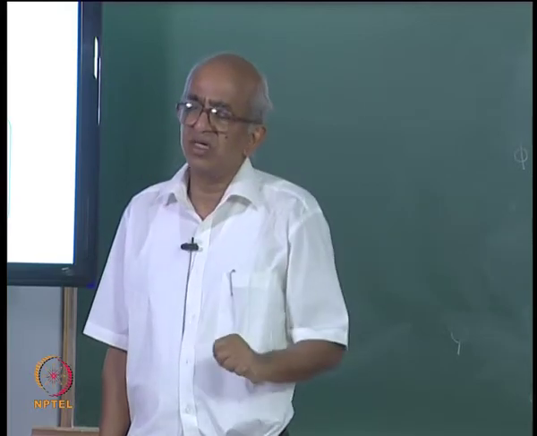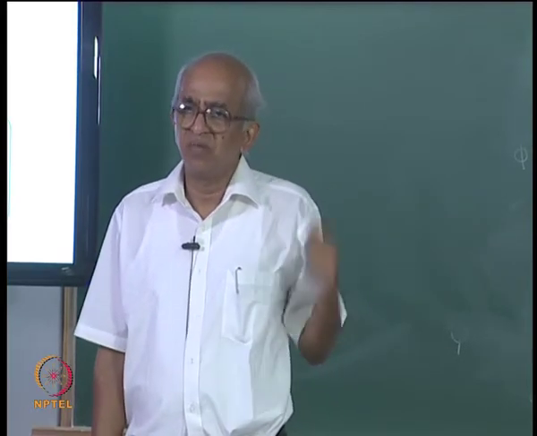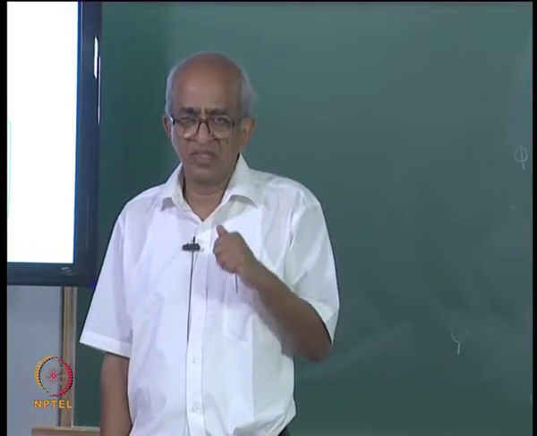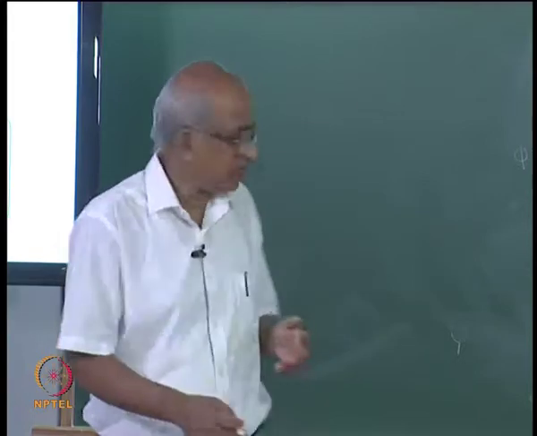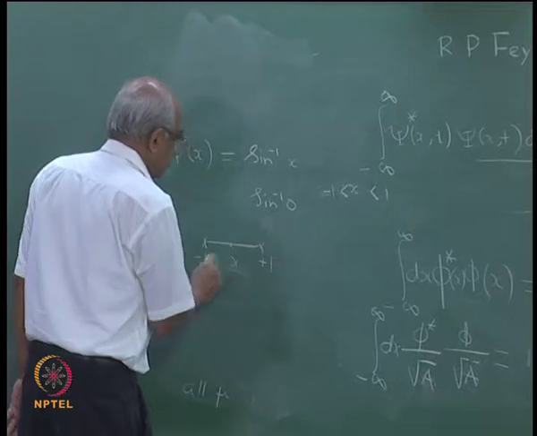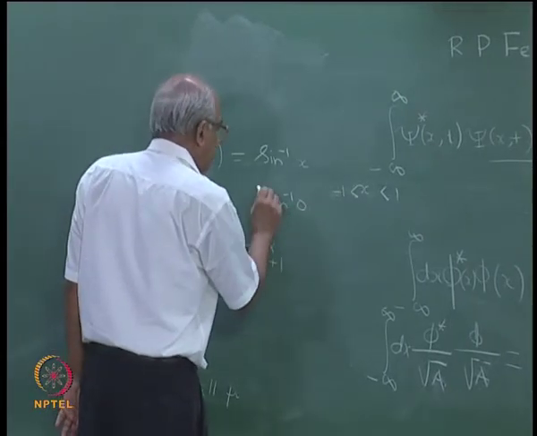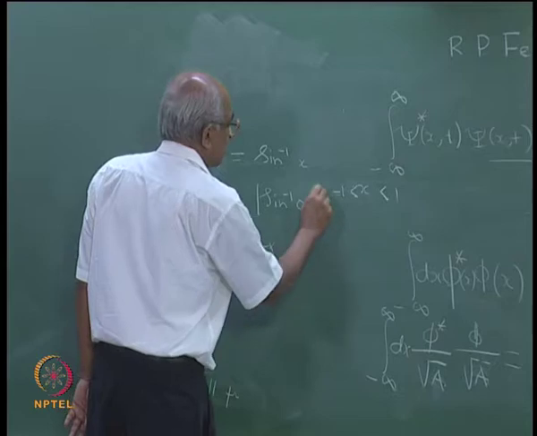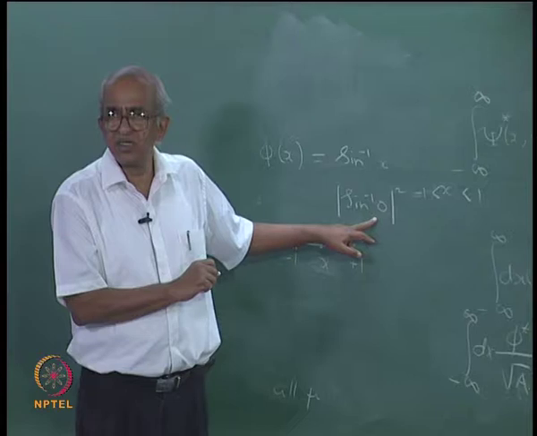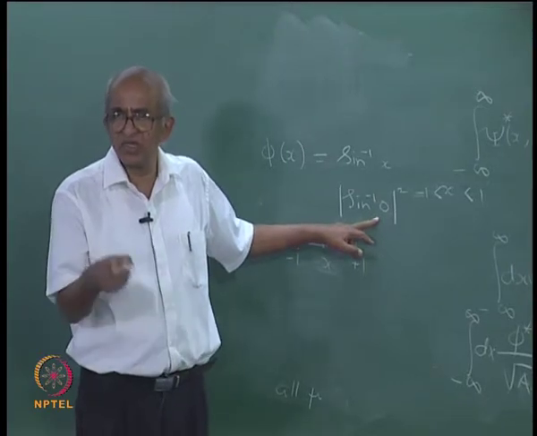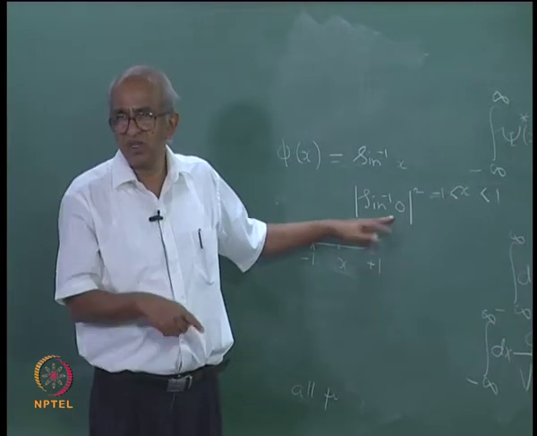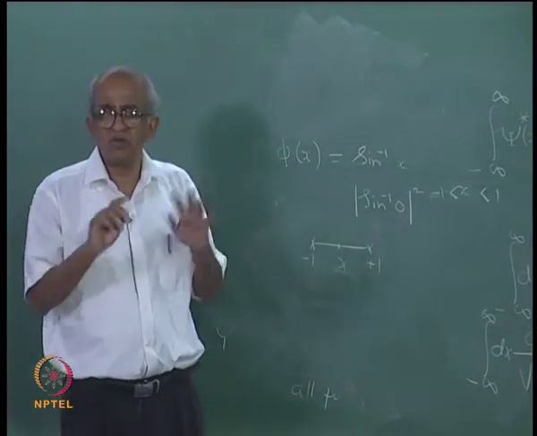So, suppose your state function happens to be a multiple valued function, then you are going to run into problems. What is the problem? Suppose I want to calculate the probability density at the point x is equal to 0. Then I will have to take sine inverse of 0, take its magnitude and square it, right. Now, which value am I going to take here? Would I take the value 0 or pi or 2 pi and so on? That is not clear. So, we do not want such a problem.